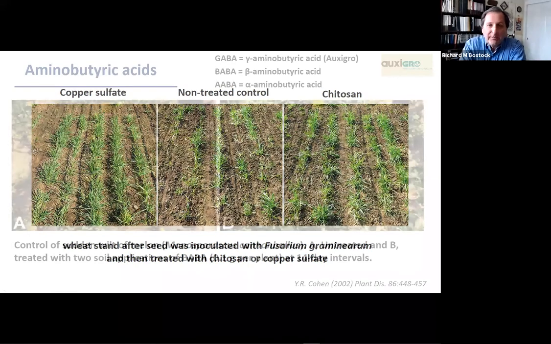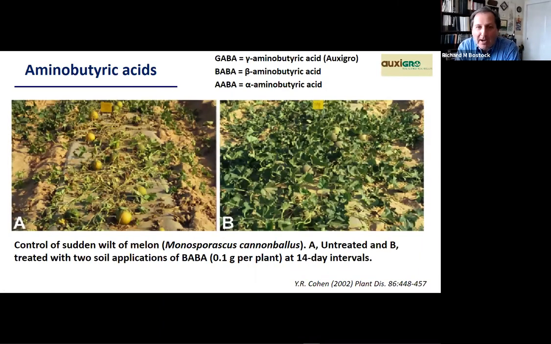Then there are aminobutyric acids, and this is GABA, BABA, and ABA, not to be confused with the aging Swedish rock group ABBA. Anyway, I know that's corny. So these are gamma, beta, and alpha aminobutyric acids. These are natural products, and by natural I mean they naturally occur in plants. The most effective of the lot here is beta aminobutyric acid, or BABA, and you can see